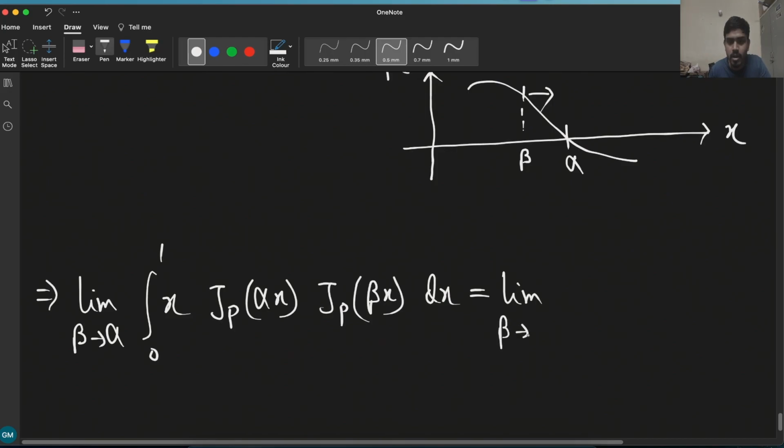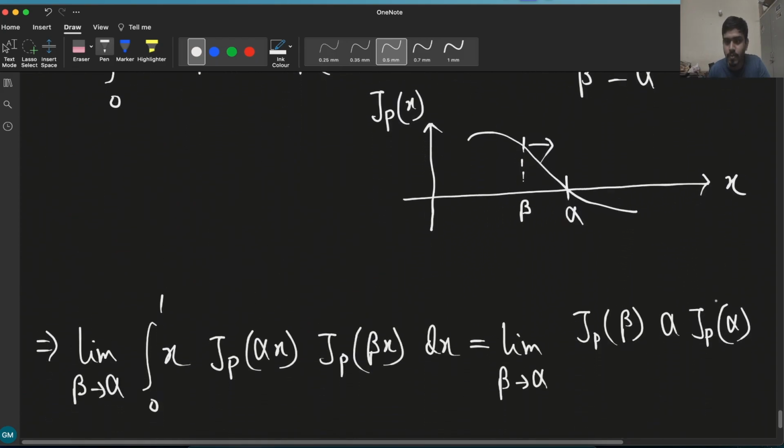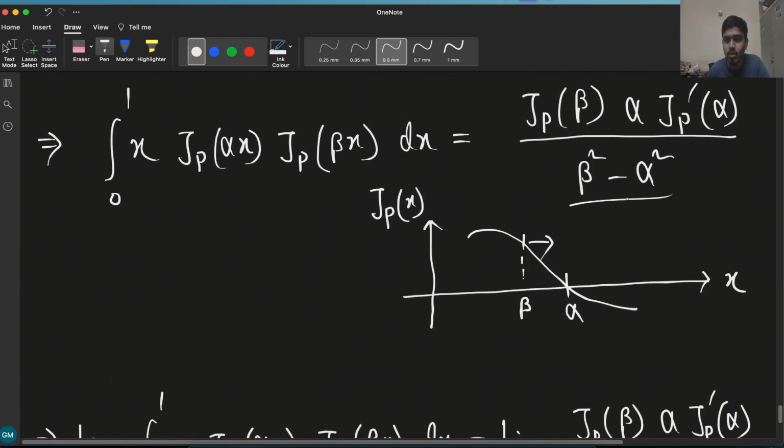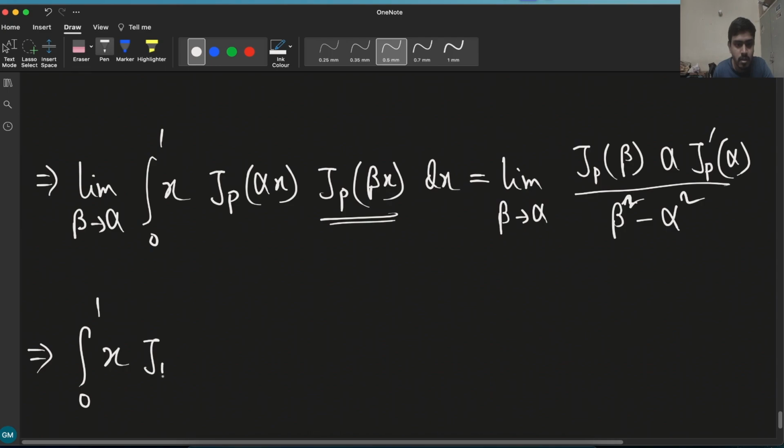the limit beta tending to alpha of [Jp(beta) alpha Jp'(alpha) divided by beta square minus alpha square]. Now in the left hand side, if I take the limit beta tends to alpha, then this Jp(beta x) simply becomes Jp(alpha x). So in the left hand side it is integration from 0 to 1 of x Jp(alpha x) times Jp(alpha x) dx equals,